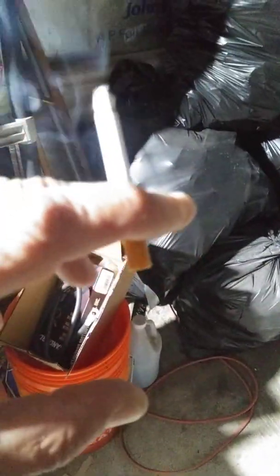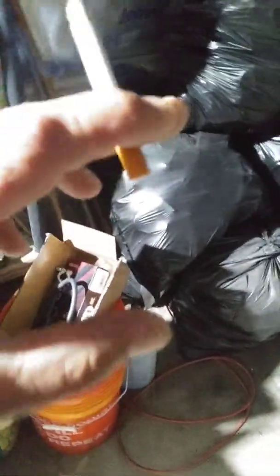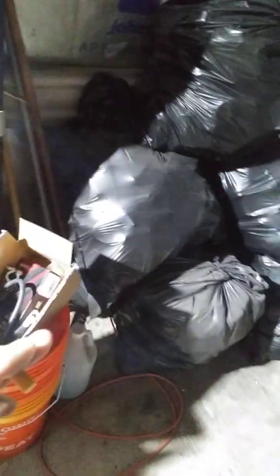I'm about giving up on that car. It wanted to run the first 30 seconds after I flushed the tank and blew it out, and now it won't do nothing. Brand new battery, but the first battery was bad from Menards. I got a new one. It shows good, but then if I go up to where the cable comes up where you can jump start it, because it's down in the fender,